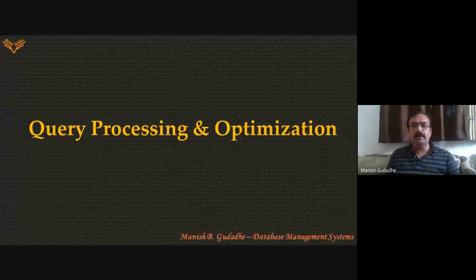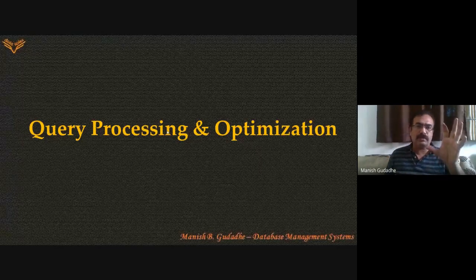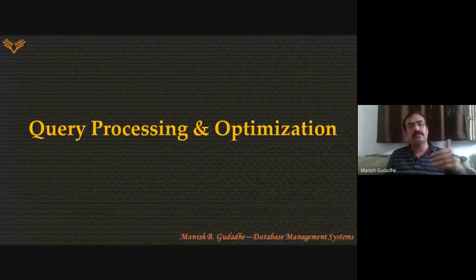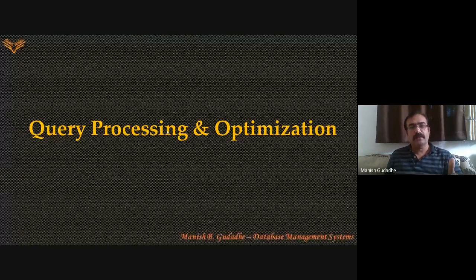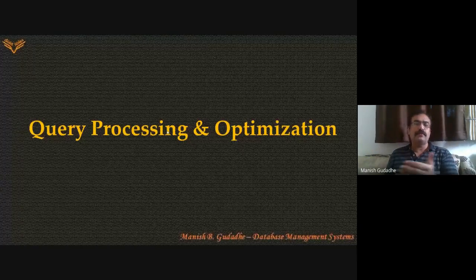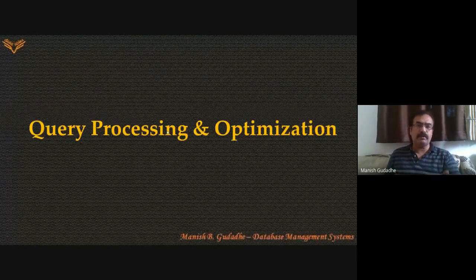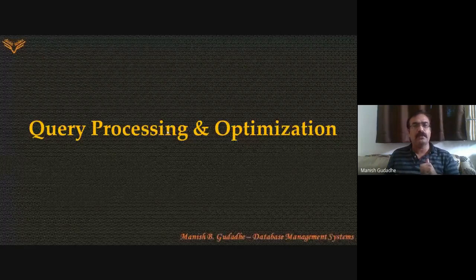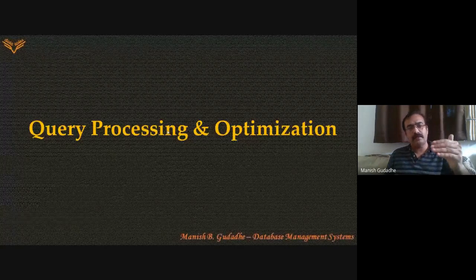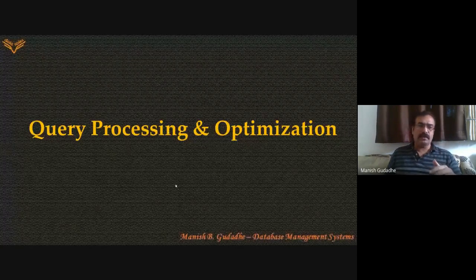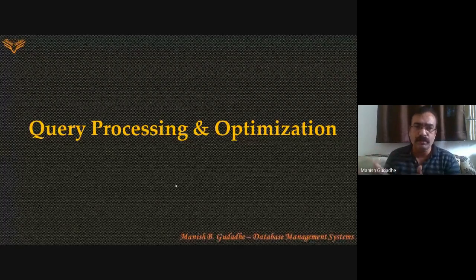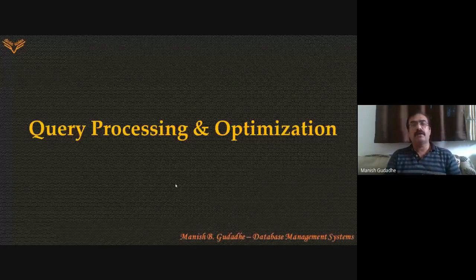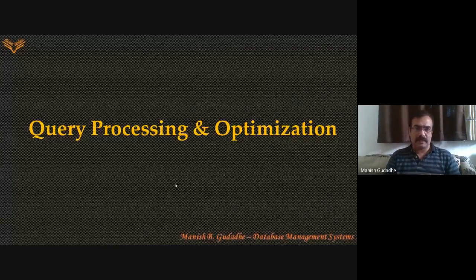If you remember, in the introductory lectures we saw the architecture of DBMS, where different types of users submit queries to the database in different manners, and they get processed to get the output from the physical storage. So that was the architecture of DBMS. Now we are going to see how these individual queries are processed and optimized for better resource utilization.